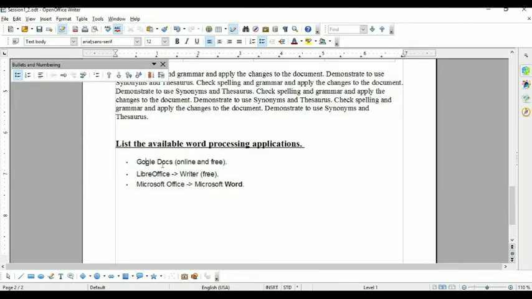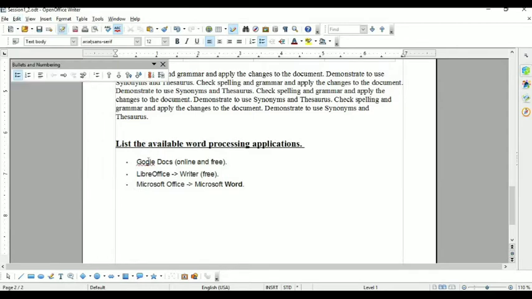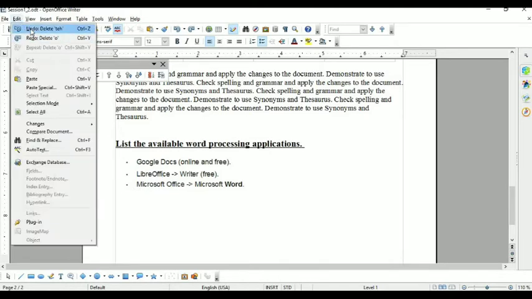I erased the O from the spelling of Google, but I want it again, so press Ctrl plus Z. Once you press Ctrl plus Z, you will get the O. And redo this last action with the help of Ctrl plus Y. Or you can get both options from the Edit menu: undo and redo. So just undo it, and now you will get the correct spelling. Clear?